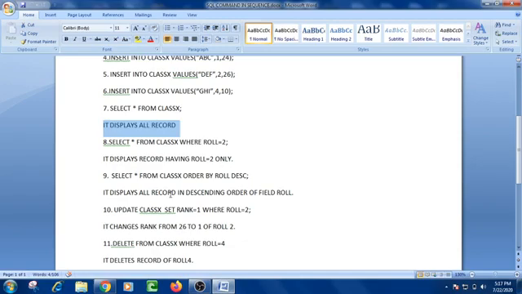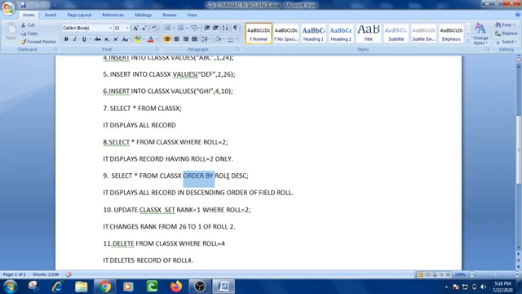First, for example, if I want to see the records in the descending order of the roll number or in the ascending order of the roll number, or we can also see the records according to the descending order of the name or the ascending order of the name, then we can use the command order by.